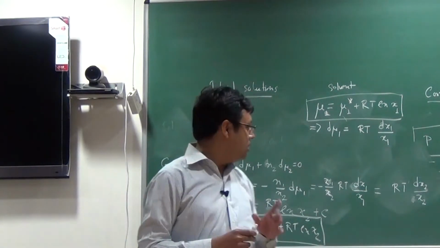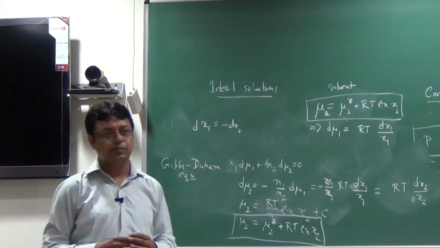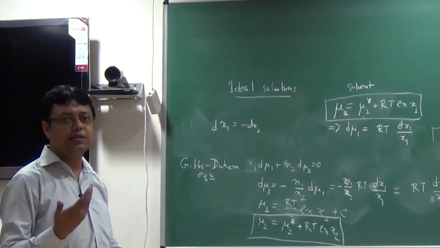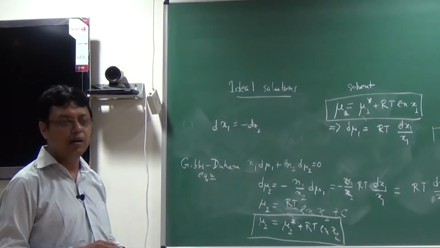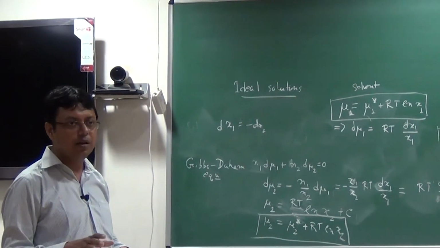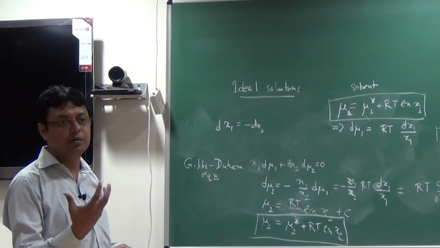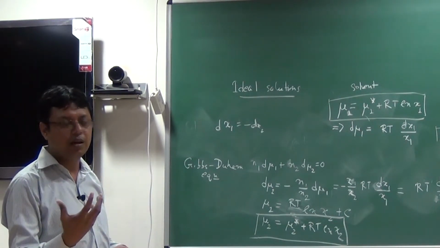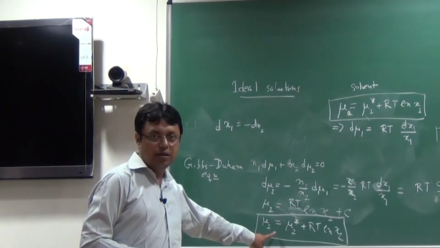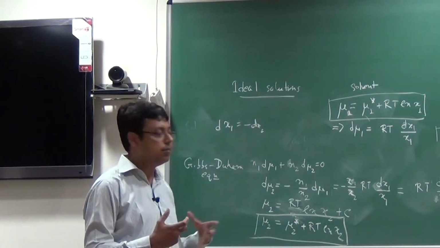Okay, but now the question is, what is the physical significance of this? Now think about it. If x2 is equal to 1, then mu2 will be equal to mu2 star, which means I'll basically approach the pure solute. But now the question is, conceptually, can I trace back to the origin of it and say something like